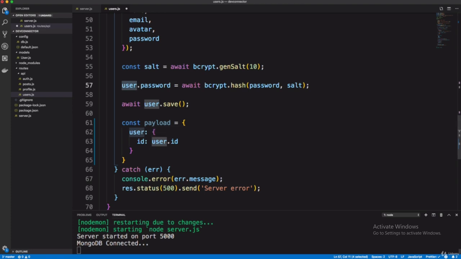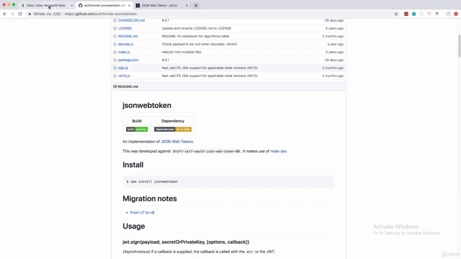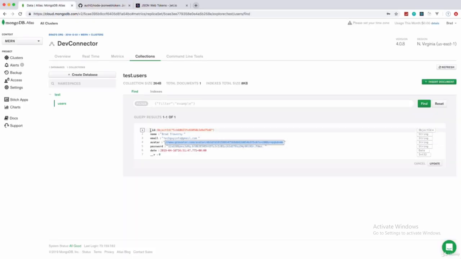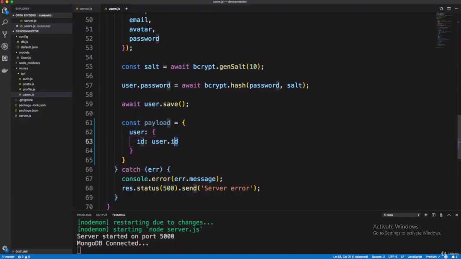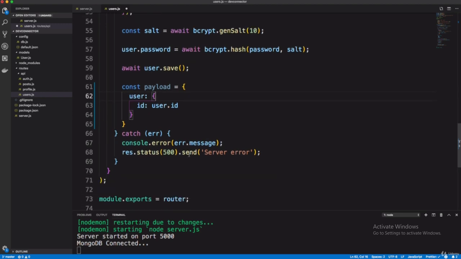It will automatically understand that it is the id coming from the MongoDB database. As you can see here, underscore id, but you should not write underscore id here. You can do it directly. Okay, fine.